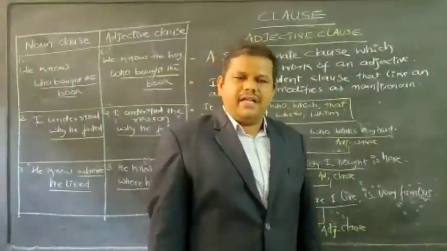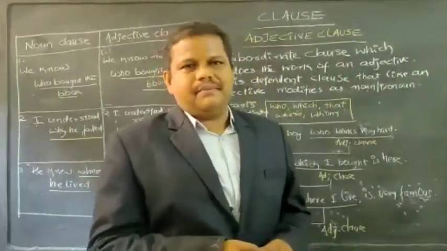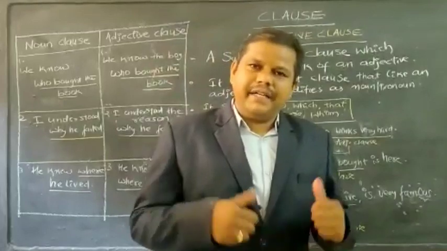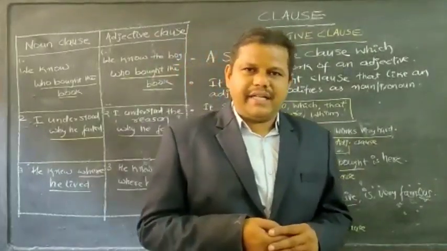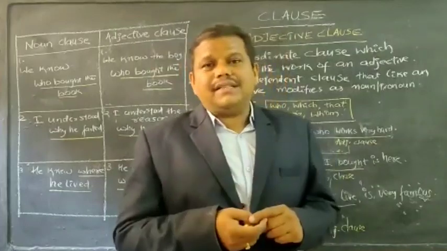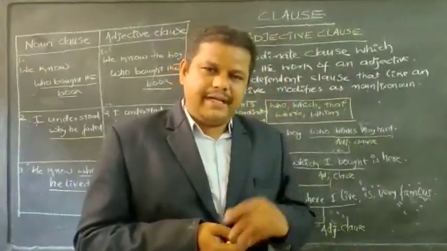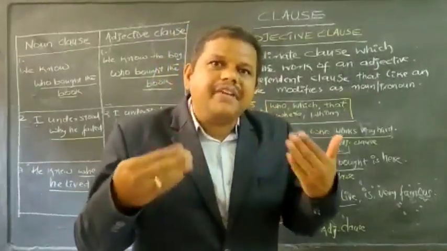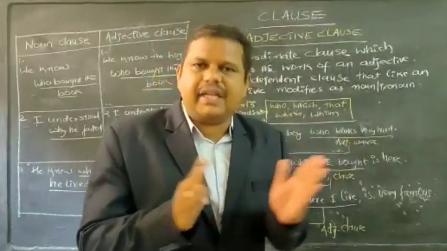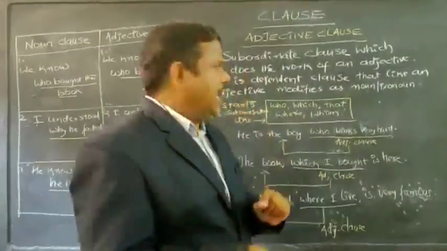Students, you know very well, in the first session I explained that for a class, the very important thing you require is an independent, that is a main class, and a subordinate class. These subordinate classes are of three types. First one we discussed is the noun class, and how to identify that noun class. I explained very clearly. Today, we are going to see the adjective class.